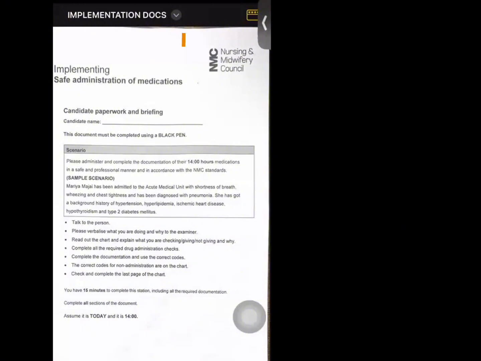Implementation in OSCE is a 15-minute station where you are going to administer oral medications to your patient. As the OSCE demands, when you start this station, you still need to start